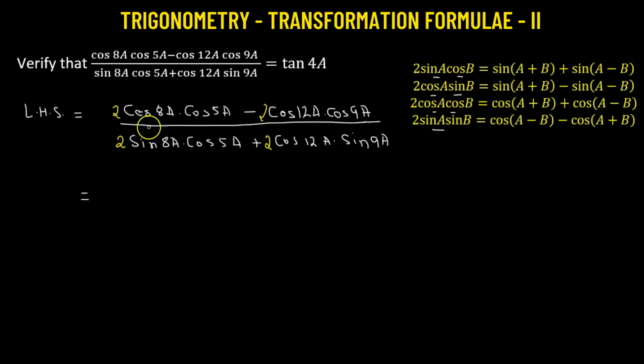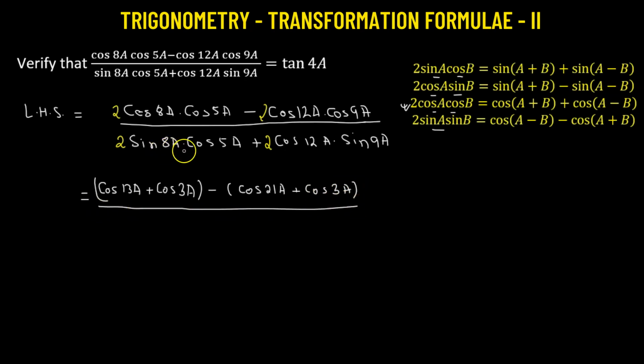So this will be equal to, for the first one, cosine of 8a times cosine of 5a. That means we have the product of two cosine functions. This will transform as a sum of two cosine functions. So we'll have cosine of angle 8a plus 5a, so that's going to be 13a, plus cosine of the difference of 8a and 5a, so this will be simply 3a. Coming to the next one, the product of two cosine functions again transforms as cosine of 12a plus 9a, so that's going to be 21a, plus cosine of the difference, which is 3a, whole divided by